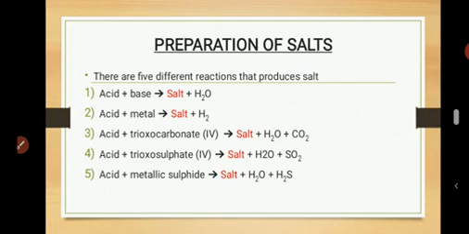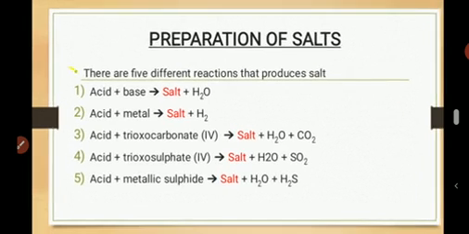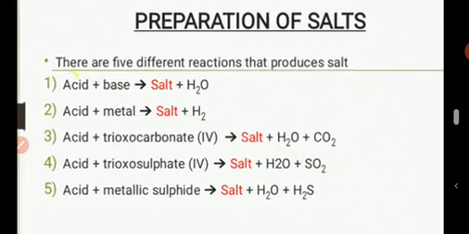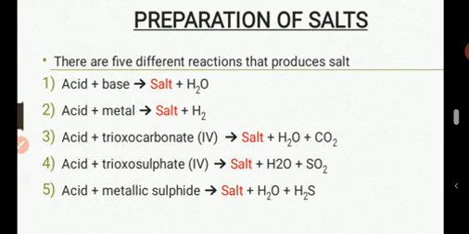Now, let's go to preparation of salt. How do we prepare salt? How are salts prepared? You can see from this place now, there are 5 different ways by which salt can be prepared. You know all those formulas that I gave to you: acid plus base gives salt and water, acid plus metal gives salt and hydrogen, acid plus carbonate gives salt, water and carbon dioxide. Don't forget that, remember that. Acid plus trioxosulfate(IV) salts